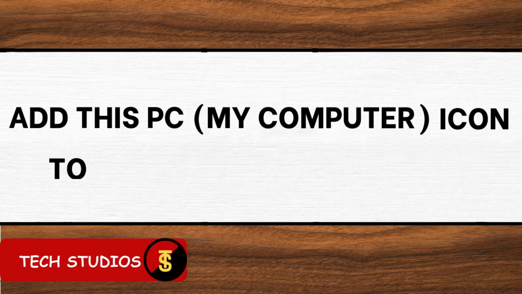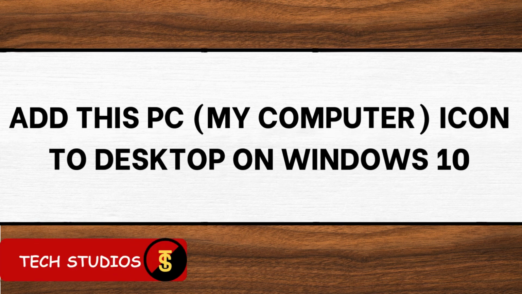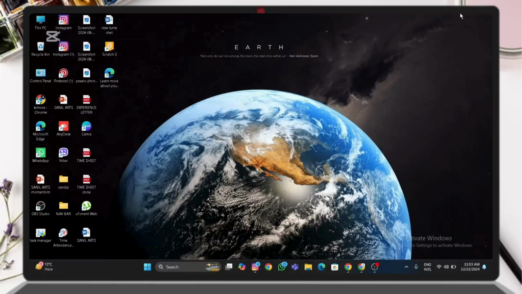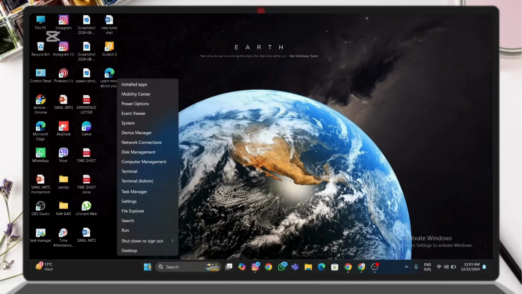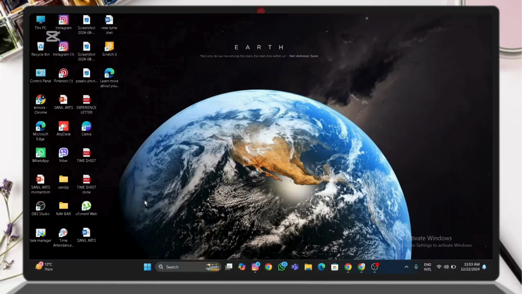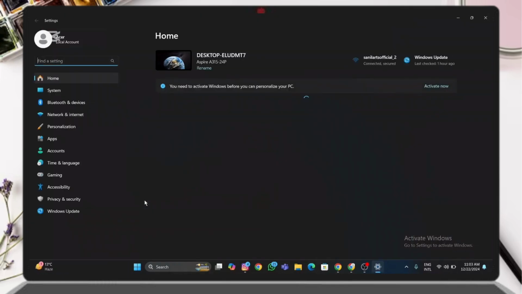How to add this PC, formerly known as My Computer icon, to desktop on Windows 10. In today's quick tutorial, we'll show you how to add this PC icon, also known as My Computer, to your desktop in Windows 10. By default, Windows 10 doesn't show this PC icon on your desktop, but it's easy to